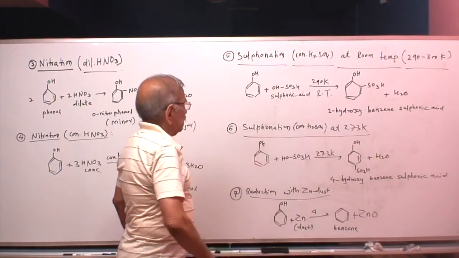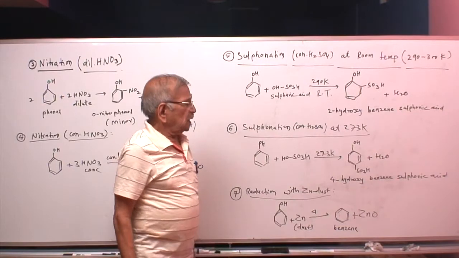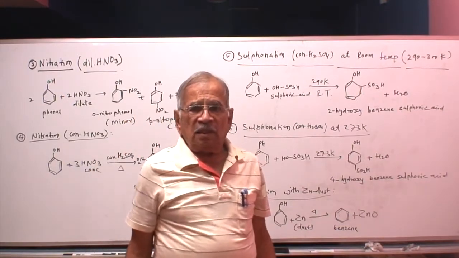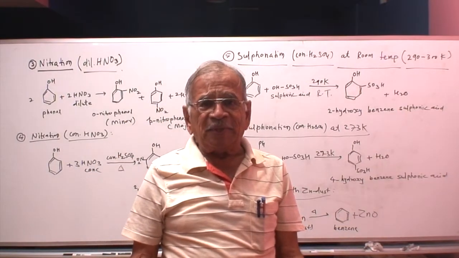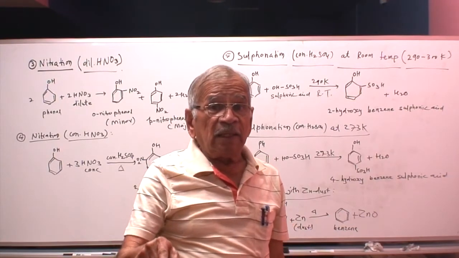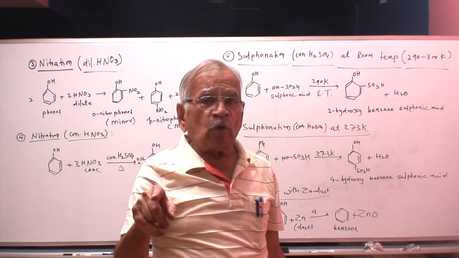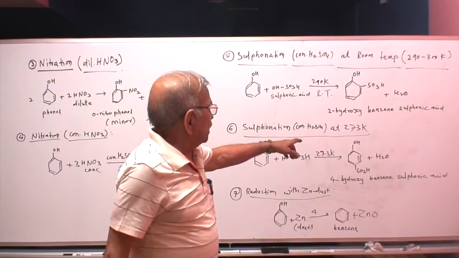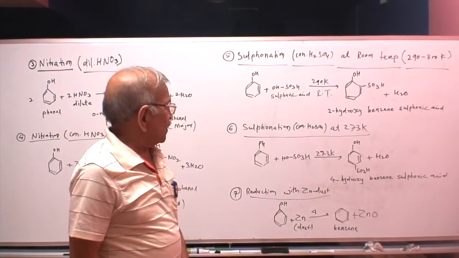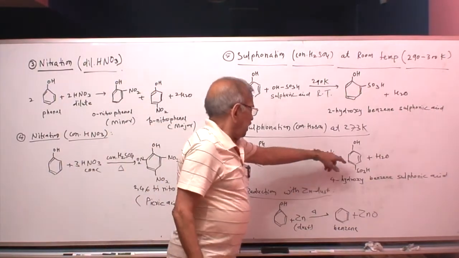And on sulfonation with, of course, concentrated sulfuric acid, but now at 0 degrees centigrade in cold, that is at 273 K, we get